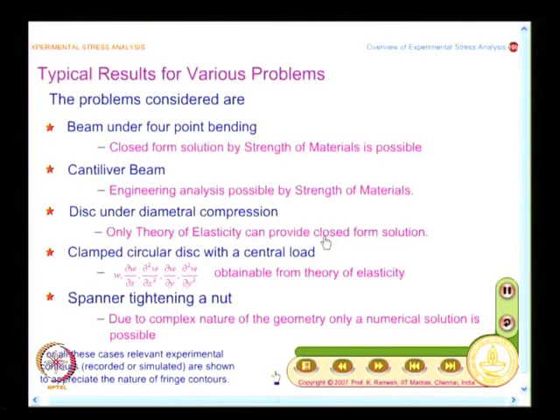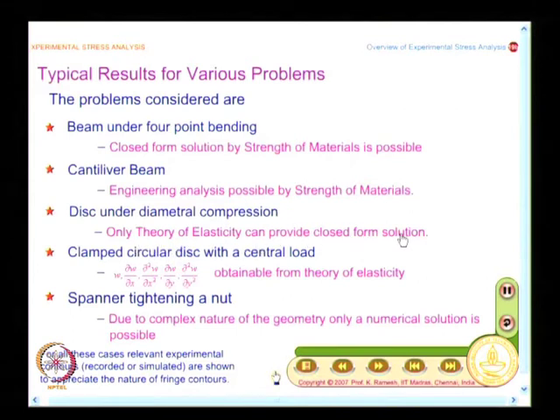The problems considered are beam under 4-point bending, cantilever beam, disc under diametrical compression, clamped circular disc with a central load, and finally spanner tightening a nut. So, this is based on increasing degree of complexity. Beam under 4-point bend, easy to solve from strength of materials approach, and you have a closed form expression. The moment you come to cantilever beam, you have shear, but you do an engineering analysis by strength of materials, and when you come to disc, you can't do by strength of materials, but theory of elasticity can provide closed